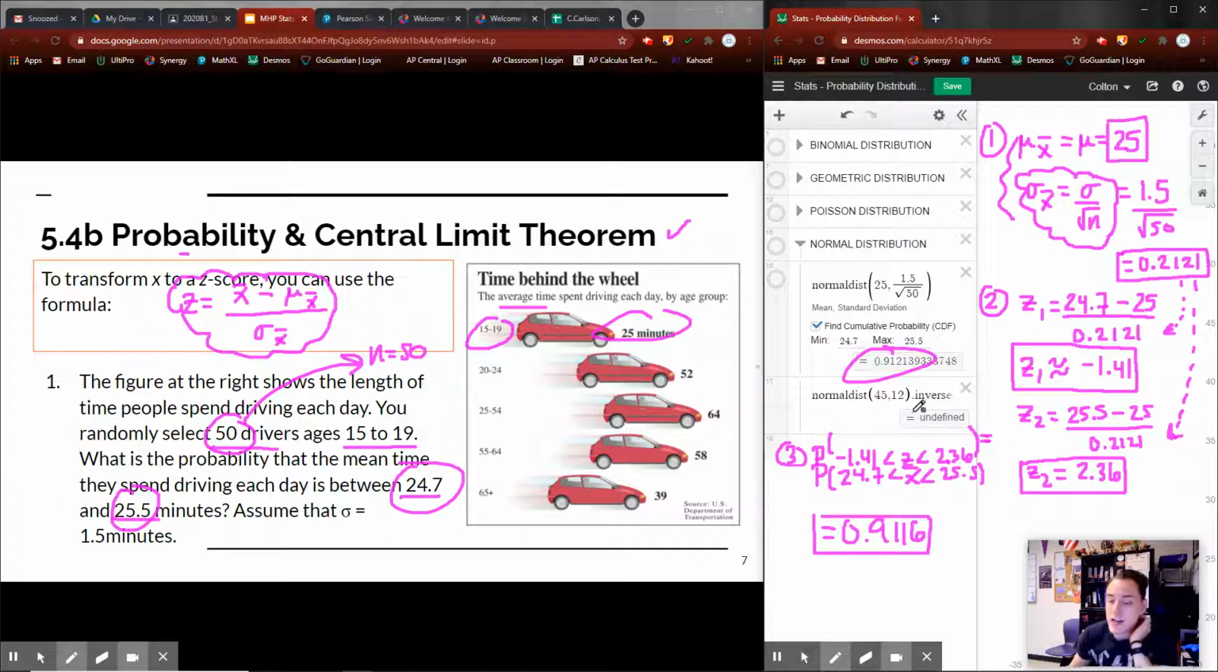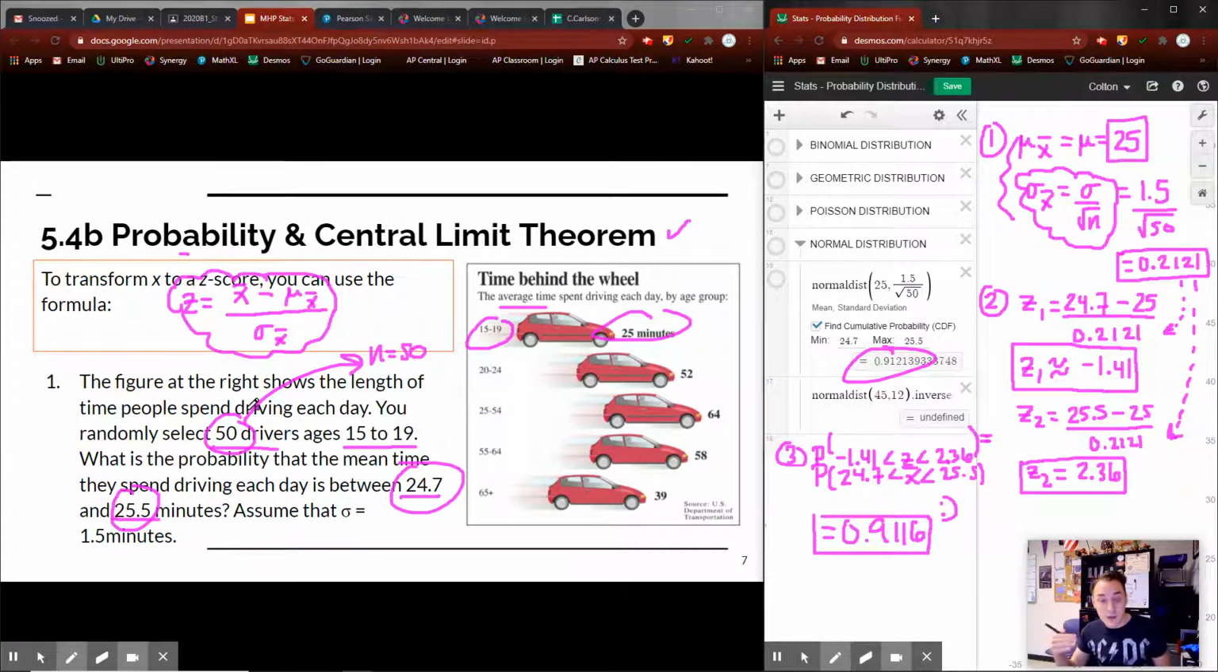Probably. Okay, so now what is this? Let's just go, because we boxed this. It looks all nice. What does this actually mean? How do I interpret this? What this means is, of samples of 50 drivers, because I have 50 drivers here,